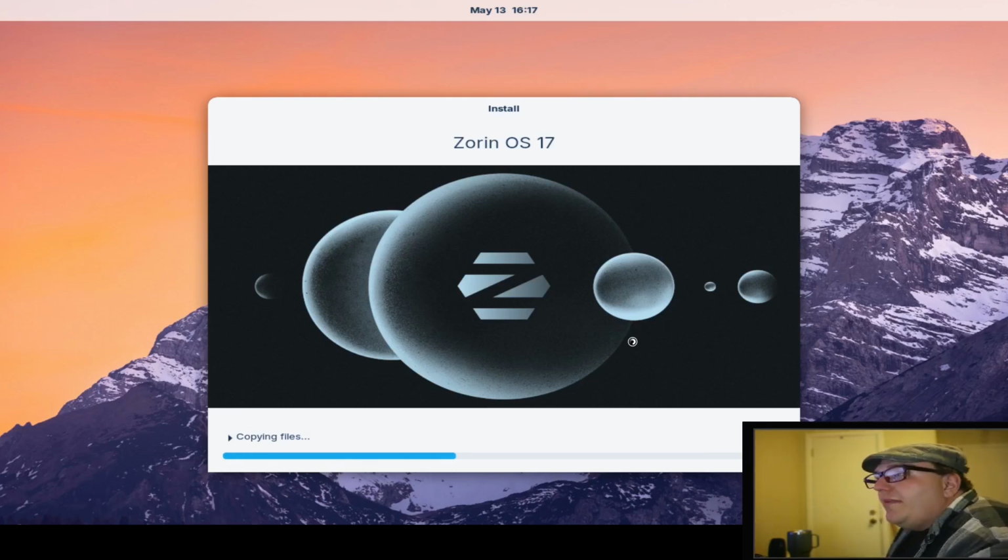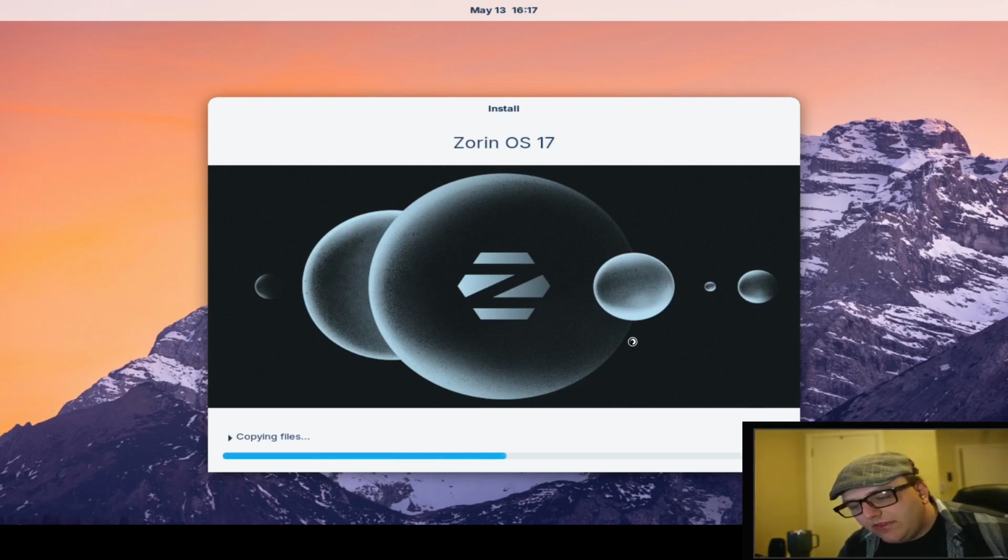Another odd thing about this distro that kind of put me off at first, but when I thought about it, let me explain. If you go on to the Zorin OS website, you're going to see two versions. You're going to see Pro and you're going to see Core. The version we are testing out today is the Core version. But if you want to get the Pro version, it is $80. Now, I know that for some people that's going to put a pretty bad taste in their mouth, especially in the open source world, but for me, it doesn't bother me as much because there's nothing wrong